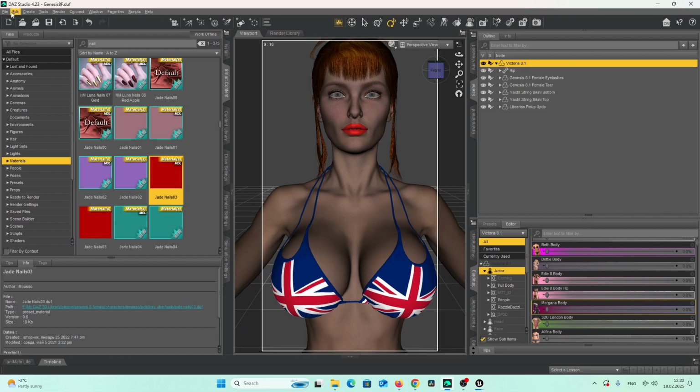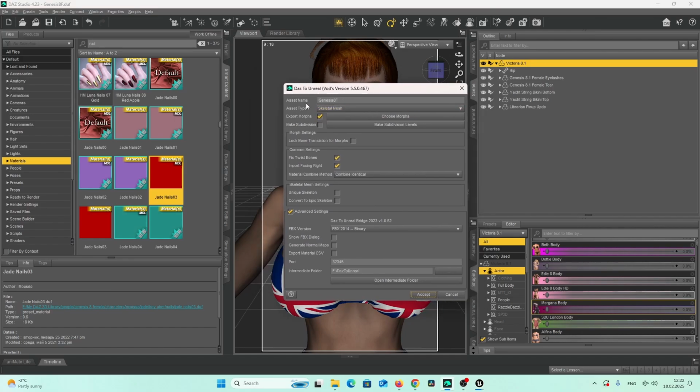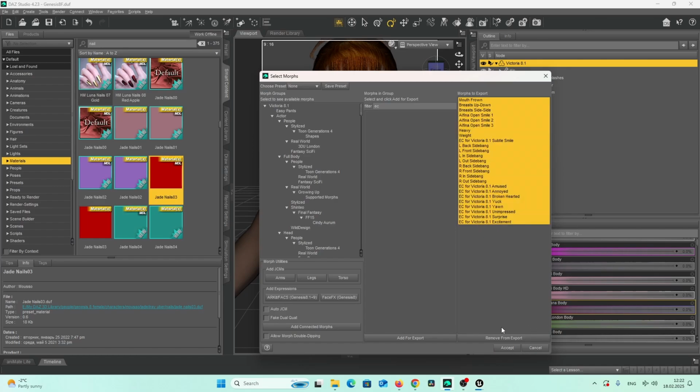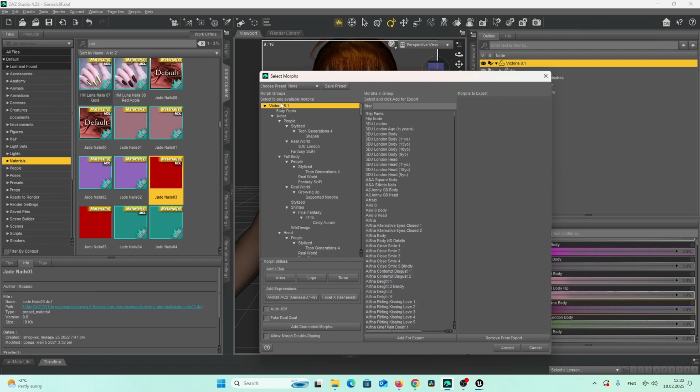And as you may see, I have already created this Daz figure in my Daz 3D editor. So let's go to File, Send to, and select the Daz to Unreal. And we leave the name as it is, and let's choose Morphs to export to our Unreal Engine. I'll just remove all my previous morphs